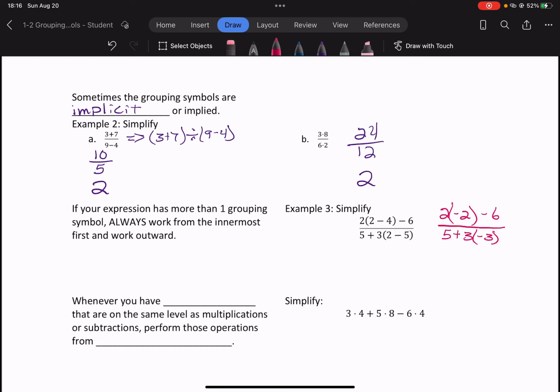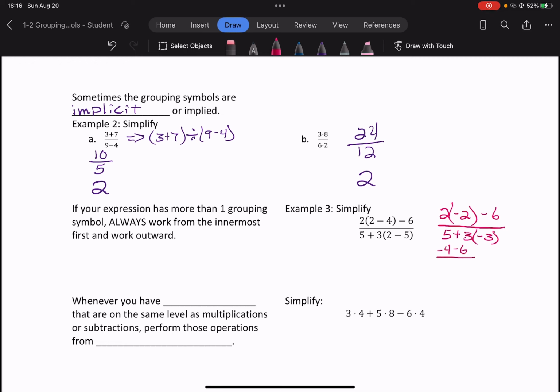Lots of negatives in here. A little different. So 2 times negative 2. Remember, if we multiply two numbers and one of them is negative, the whole thing becomes negative. So 2 times negative 2 is negative 4 minus 6